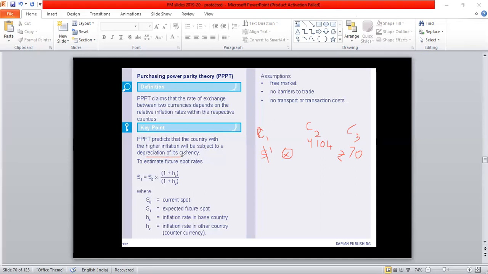Why are we calling it depreciation? Because when inflation rises, more currency has to be used to get the same commodity, because the prices rise. Instead of 70, it will go up to 75. So the quantity is increasing, and the quality is decreasing. Is the quality not decreasing? That quality which is decreasing, we call it as